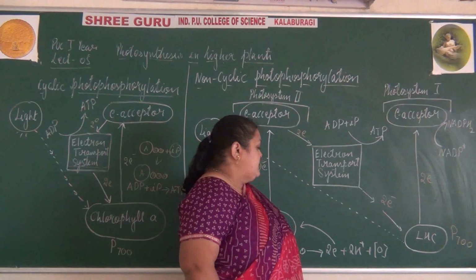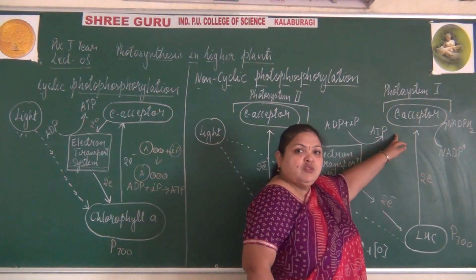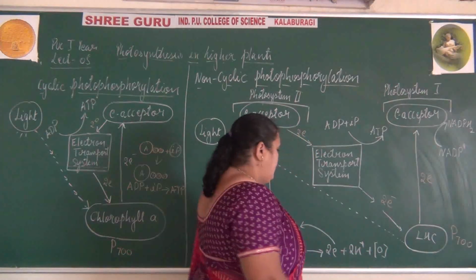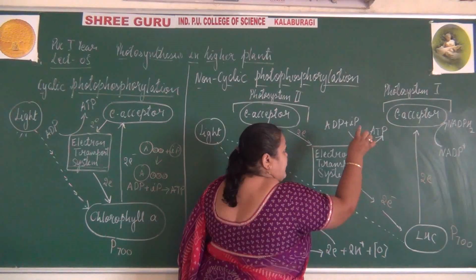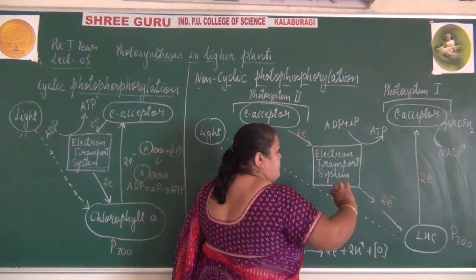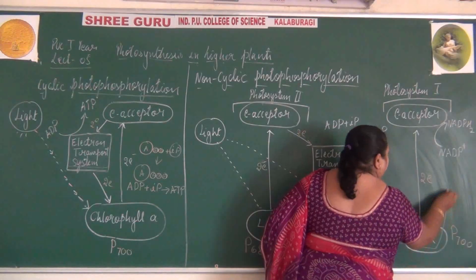When these electrons reach the primary acceptor, it combines the electrons released by the primary acceptor